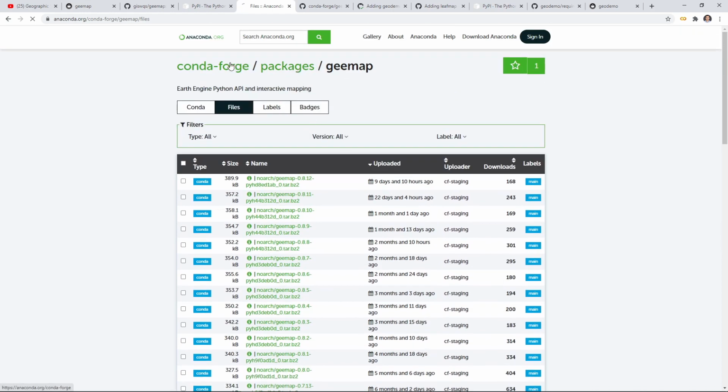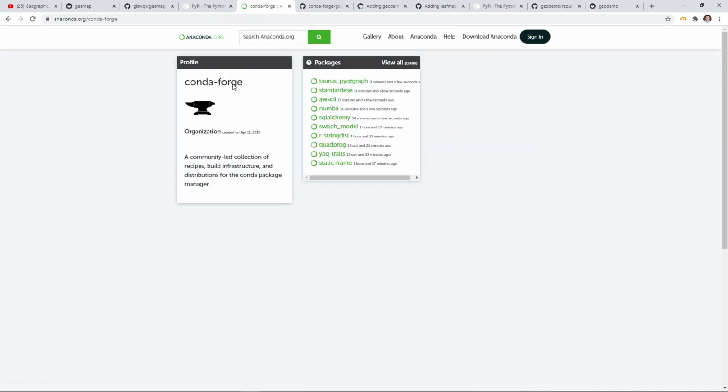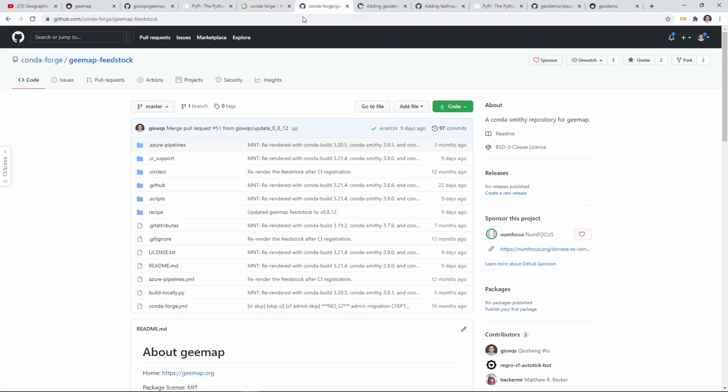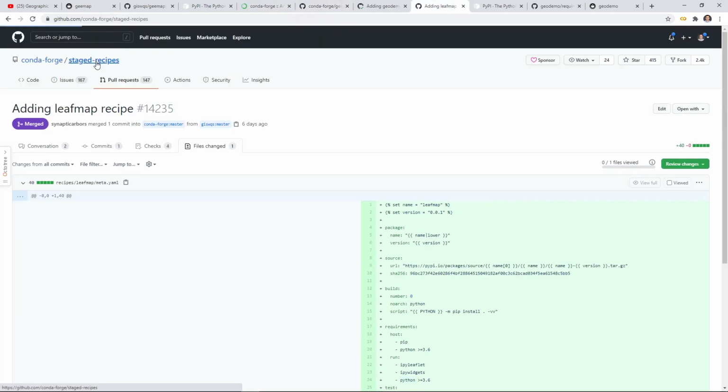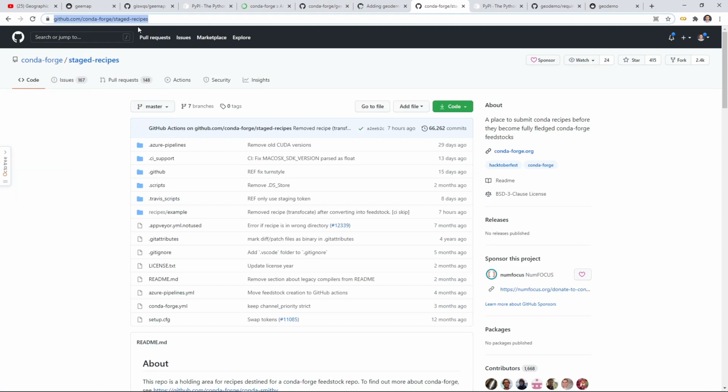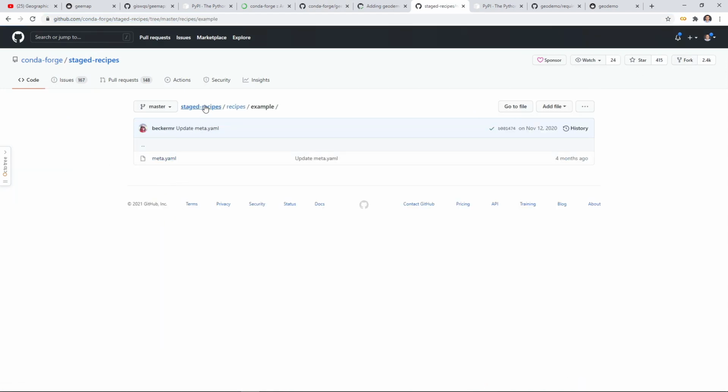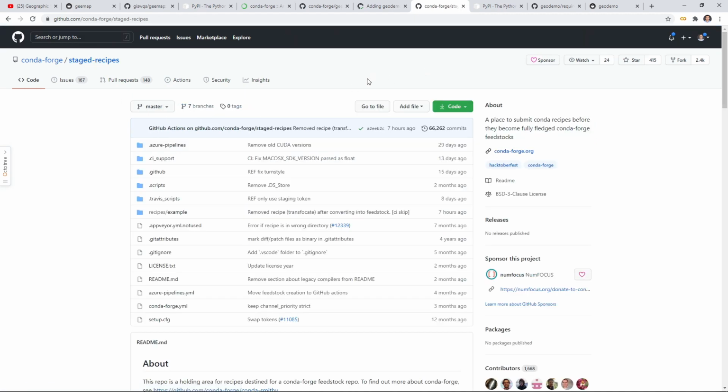Okay, so that's all for this. Basically all the steps you need to take. And let's do a quick recap of how you can publish a package on conda-forge. So what you need to do is clone the conda-forge staged-recipes repo. You can look at the links in the description. You need to go to here and then fork, and then you need to add your recipe into the main repository. And then you can use conda skeleton pypi and the name of your package to actually build the recipe